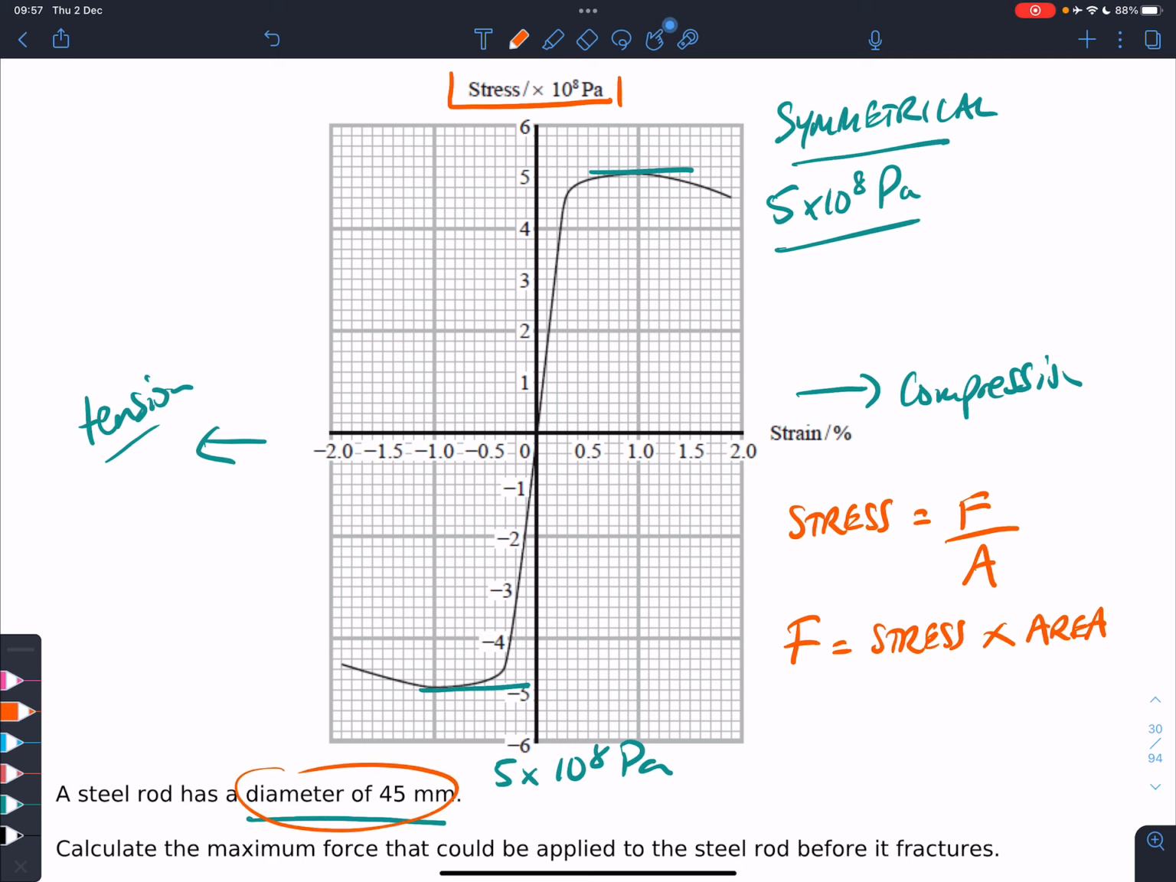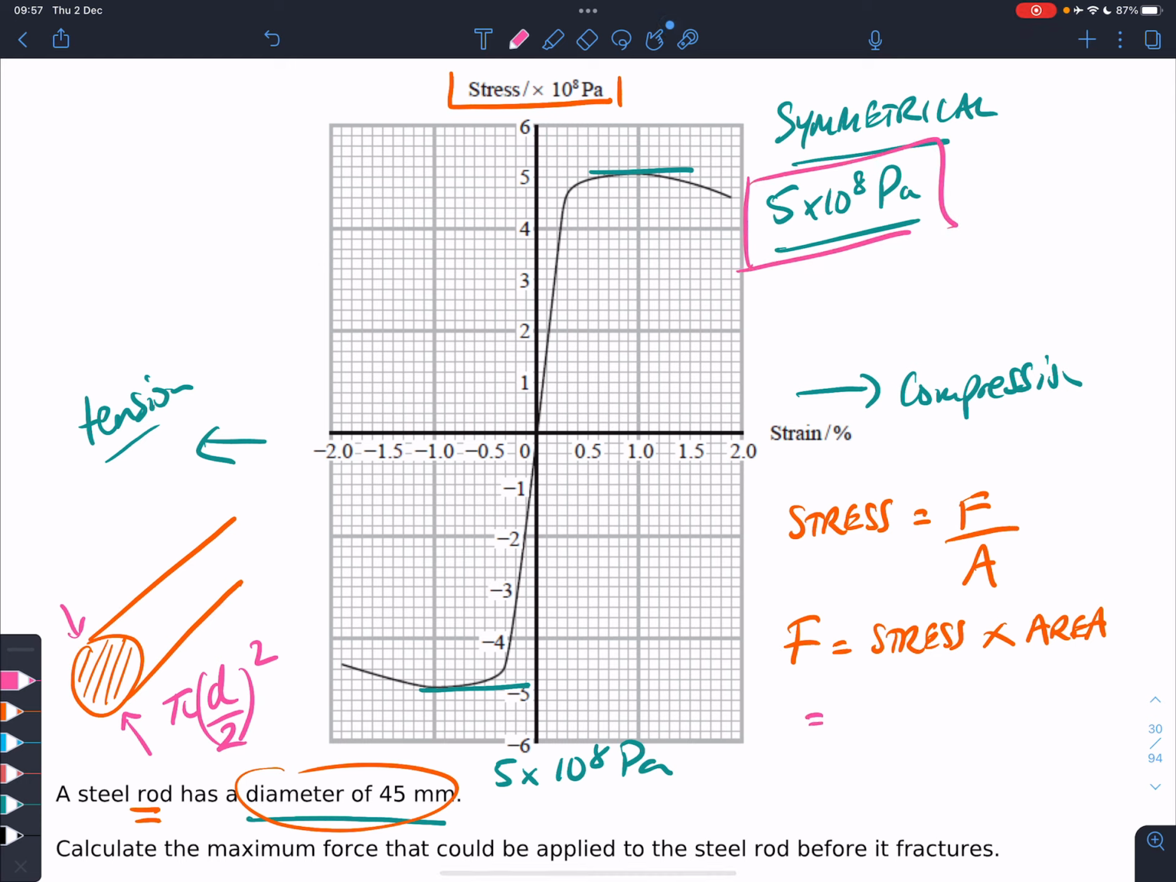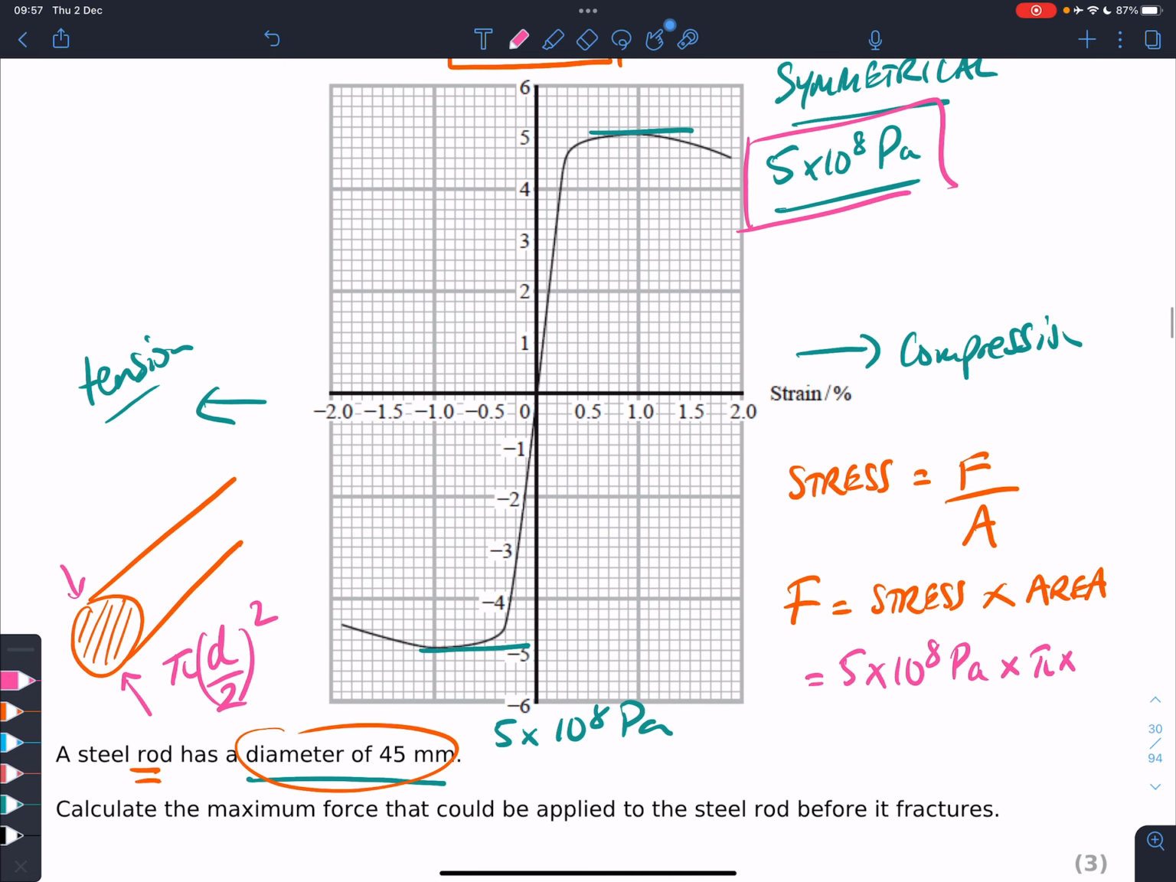Now, we're talking about a steel rod. A rod looks like this. It's got a circular cross-section. So they give us the diameter, and we can work out the cross-sectional area is pi times d over 2 squared, pi r squared. So we can then read off the graph around about 5 times 10 to the 8 pascals. So 5 times 10 to the 8 pascals times the area, which is pi times 45 millimeters divided by 2,